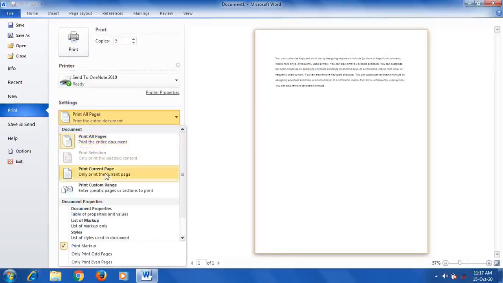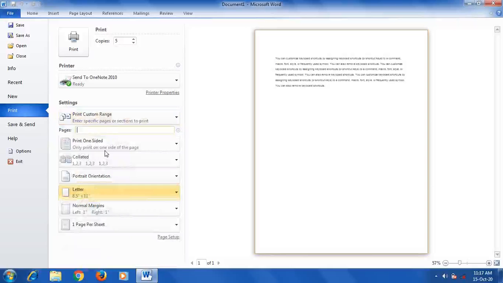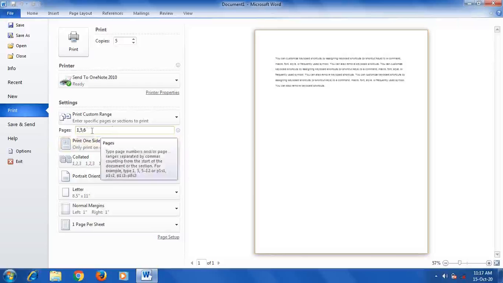Print current page means the page in which you have kept the cursor will be printed. And out of 10 pages, if you want to print only the first page, third page and sixth page, then you can use the custom range option. In the custom range, just type the page numbers you want to print, then press the Enter key.